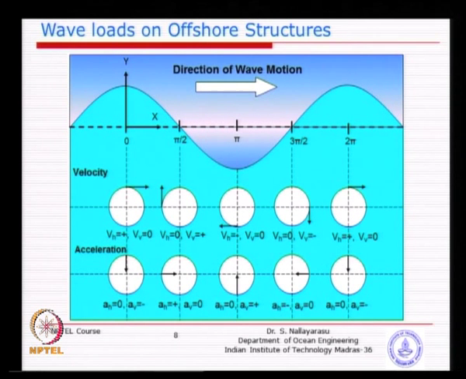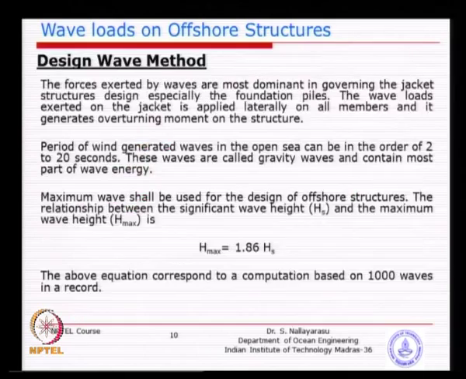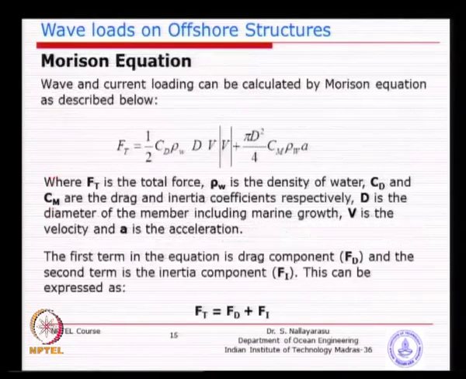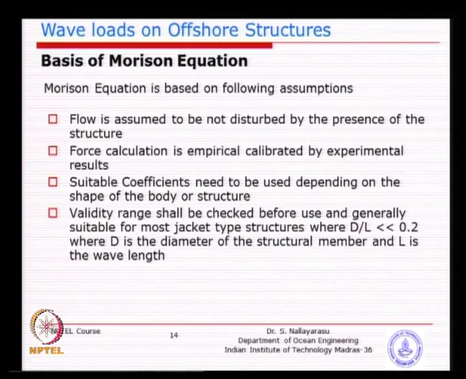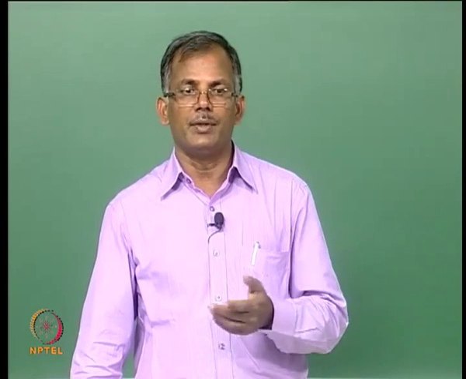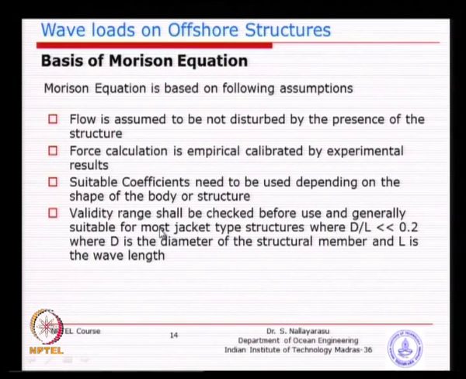So, basically you can calculate that wavelength, and you know the size of the structure. As long as the size of the structure is less than 20% of the length of the wave, then you could consider that the last 3 points are satisfied. In fact, it has been proved that this will be the case by several researchers. Even our students have done so many studies in the recent past showing that this is true, that the wave forces predicted by the Morison equation conform very well as long as the size is less than about 20%.